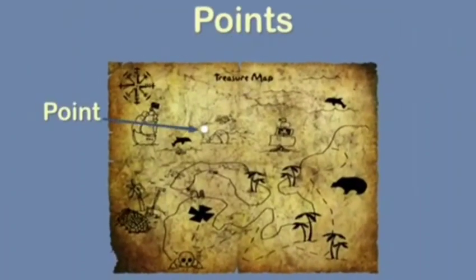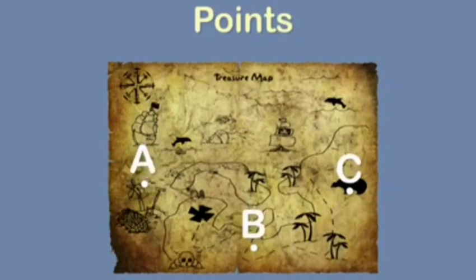Point. A point is an exact location. In social science, while doing map work, we used to keep a dot to locate a place, right? So in geometry, a point is shown as a dot. A point has no length, breadth or thickness. It has no shape or size. It is generally used to locate an exact position. A point is named using a capital letter. Here, the 3 points are named A, B and C.